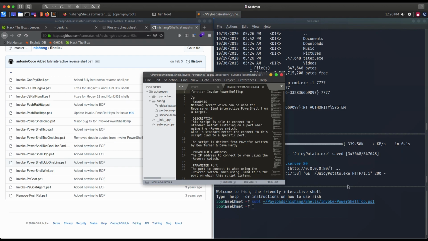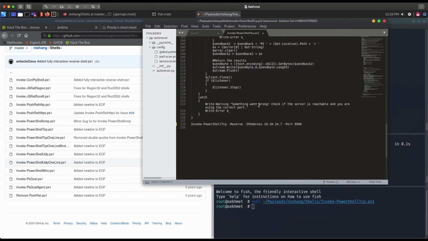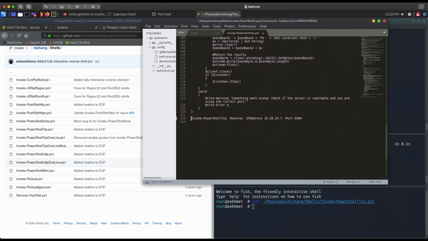We're going to add, got the code here. We're going to add right at the end, Invoke-PowerShellTcp. We'll give it the reverse option. We'll give it our port number and IP address for yet another listener. And we'll save that as